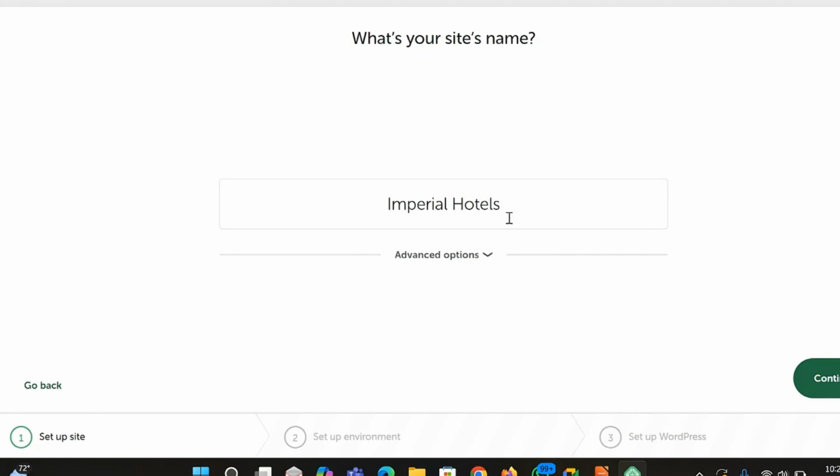Now again, I advise, when you're choosing the name of the site, I repeat, do not make a very long name. Do not use special characters or very many special characters. Just choose a name that is simple. It is just a name. It's not a domain name. You can change the name of that site anytime. It is not how the name of the site is going to be on the internet. It is the name of the site in Local, the site you're building.